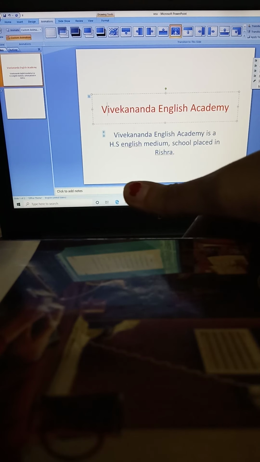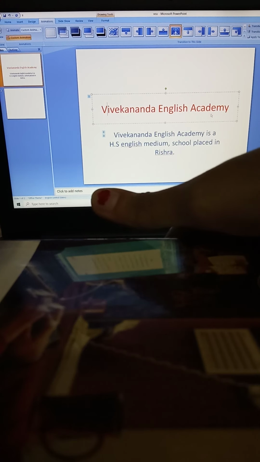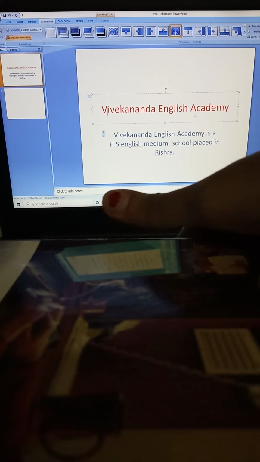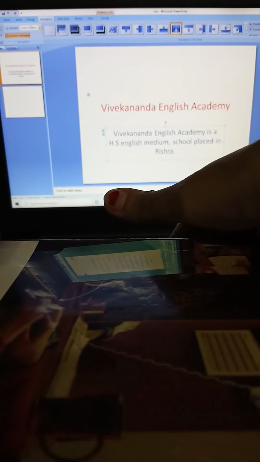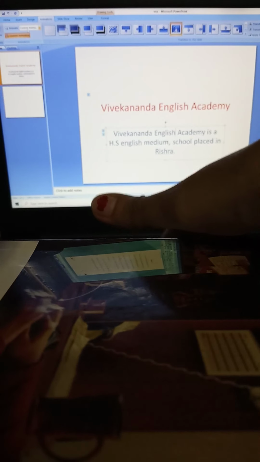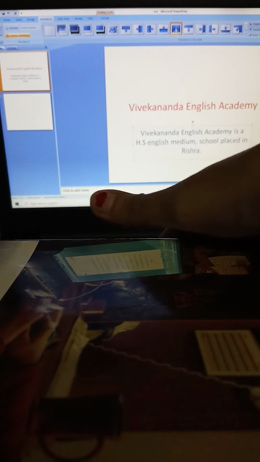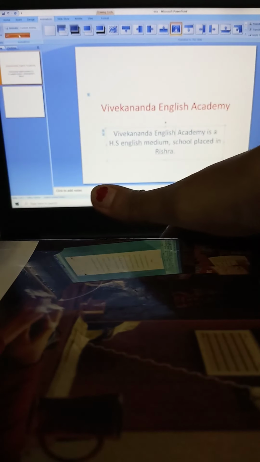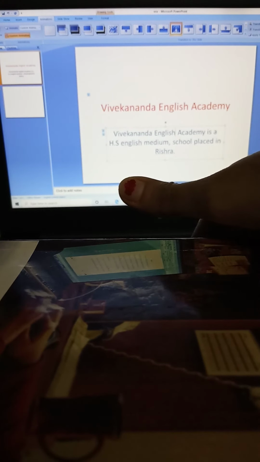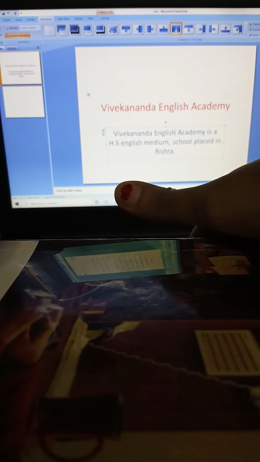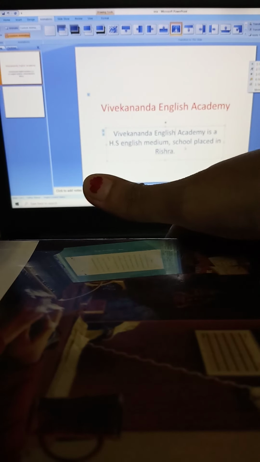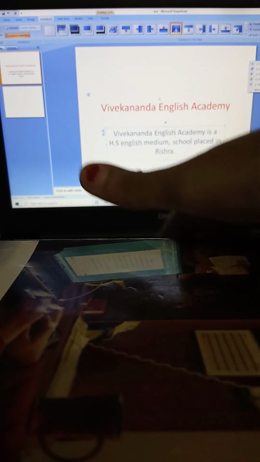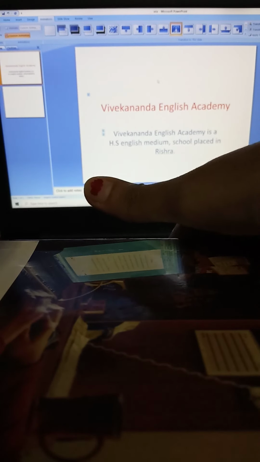From this we can choose any of these, and that will be applied to this. After that, select this and same, custom animation, then this will come out, add effect, and anything I can choose from this, and that will be applied to this. Now transition to the slide.